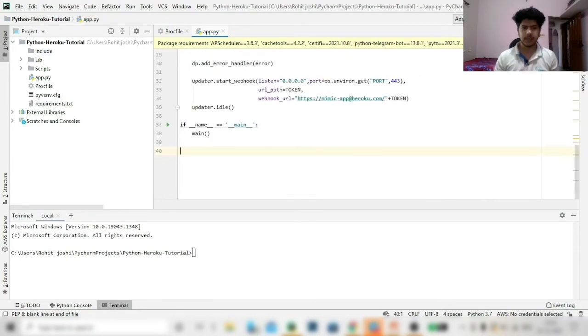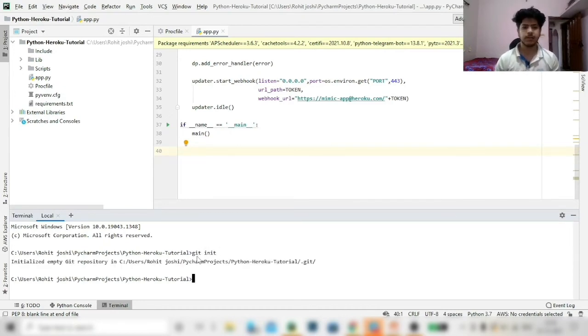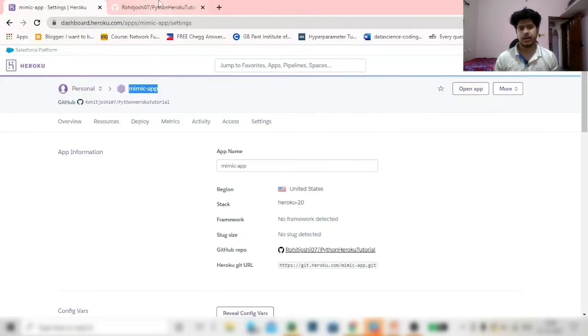After that, we need to create a git repository in this particular folder. So we will initialize an empty git repository here, and if you remember, we created a GitHub repository.